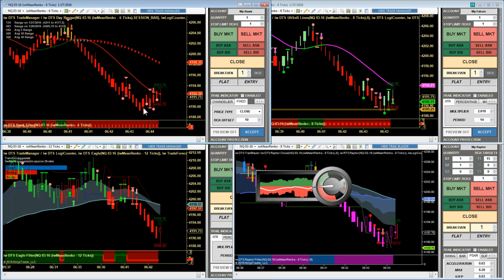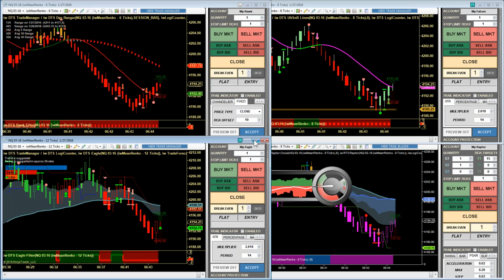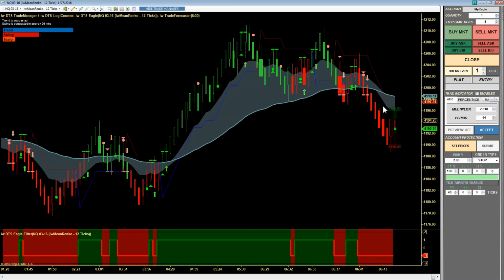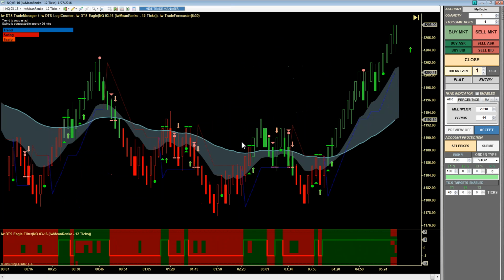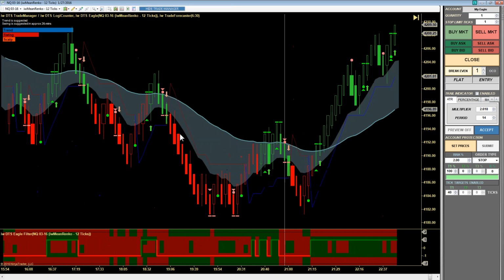Let's see if we get a 4-arrow consolidation here out of the hawk. And what I would like to see here on the eagle, now that the band has changed direction, now this trading band is what we use for our directionality, is I would like to see it come here into the hard edge. We get some very good quality signals out of the hard edge on the eagle. A lot of choppiness here. This was in the overnight. But if I go back,